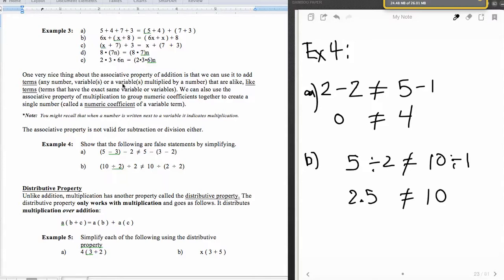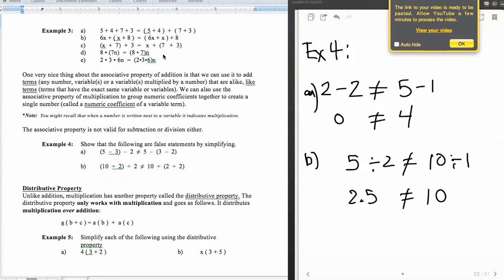So any number, variables, or variables multiplied by numbers. And when we have ones that are alike, we call them like terms, and that means the variables are exactly alike, like 6x and x. Those are like terms. And then the associative property is going to allow us to group, to associate the numbers so we can get a numeric coefficient. So those are just some words we'll see to come. And again, we'll see